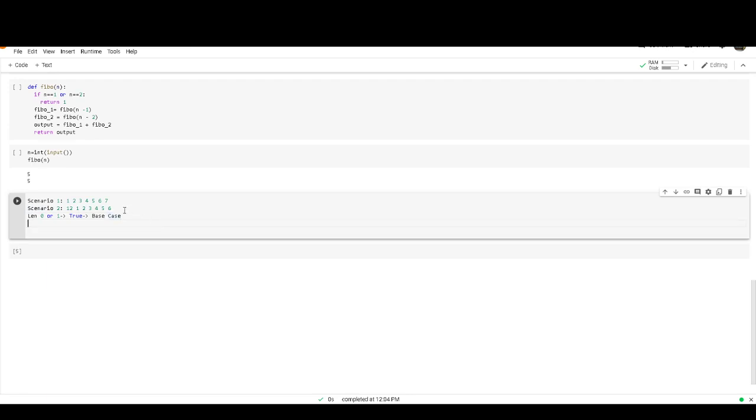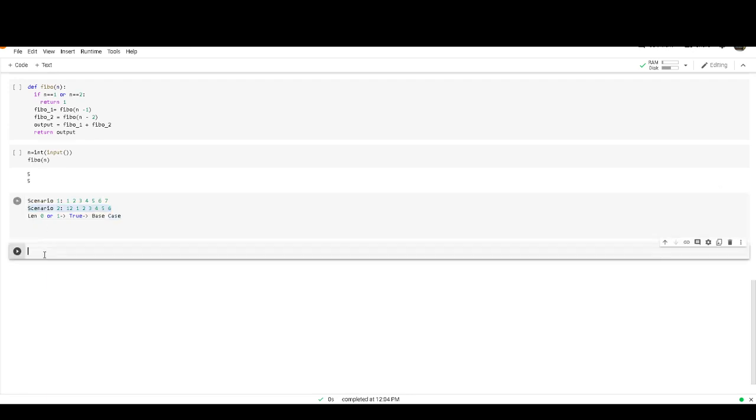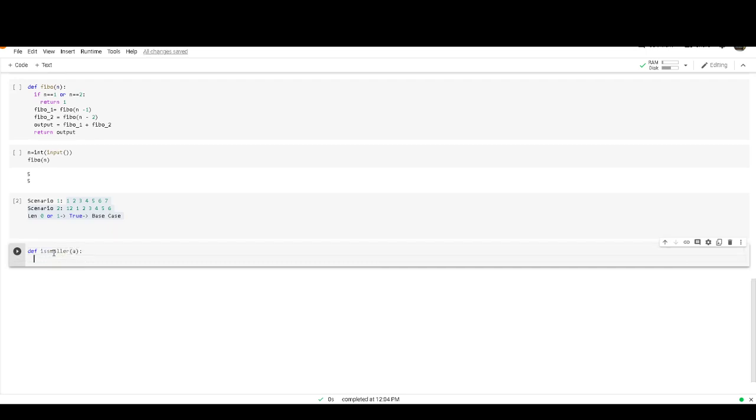I hope you understand this. Let's try to implement this scenario. First I want to type def is_smaller. Let's suppose a is the input we are going to give, and we need to know the length of the list, so L equals length of a.